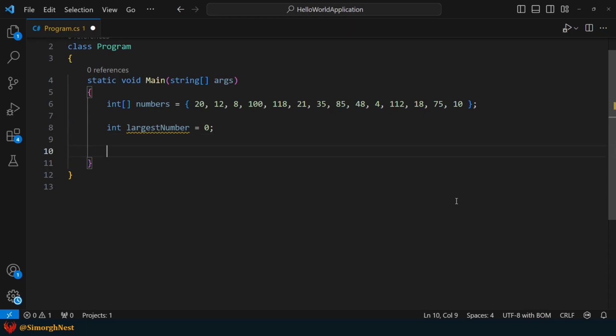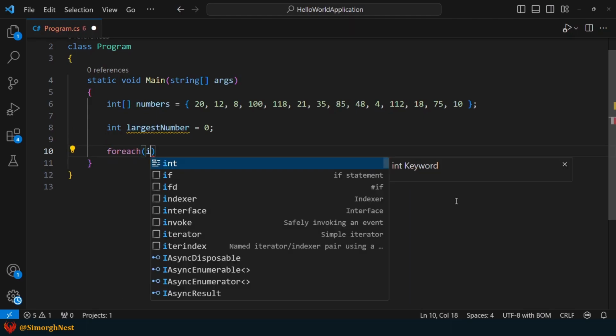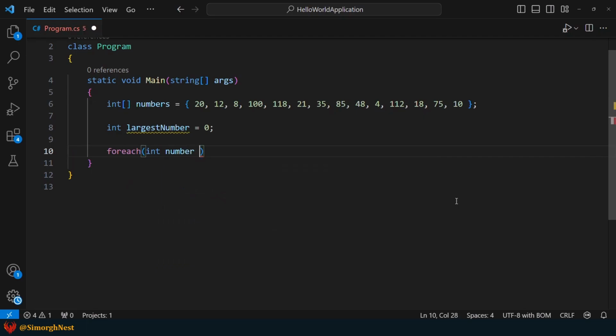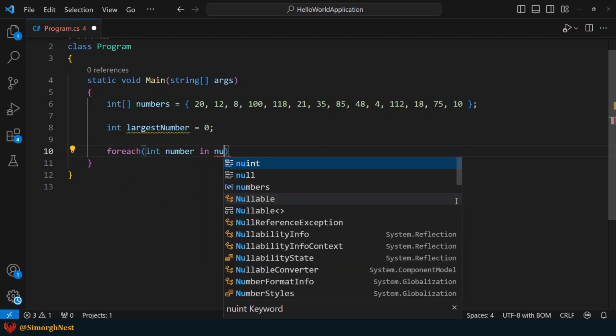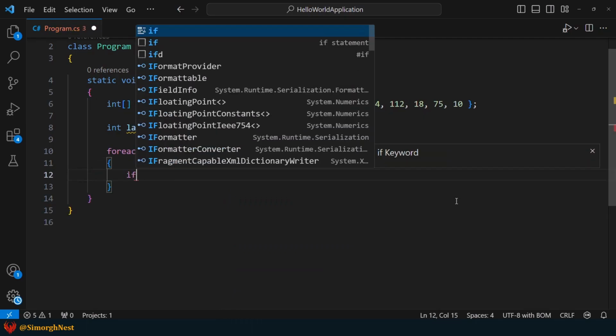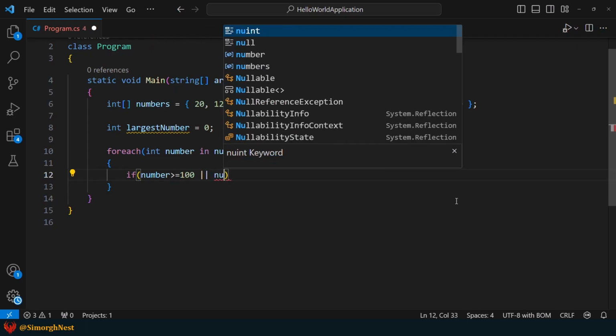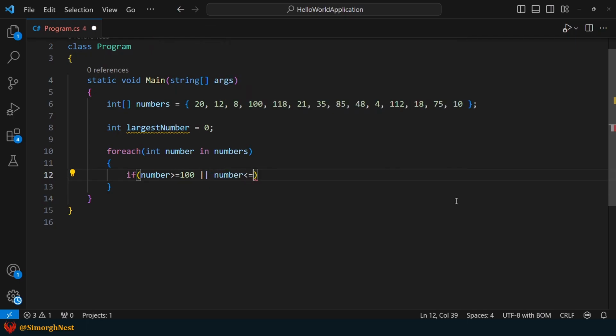To achieve this, let's utilize a forEach loop to iterate over each number of the array. Next, inside the forEach block, let's add an if statement and check if the current number is either greater than or equal to 100 or less than or equal to 9.